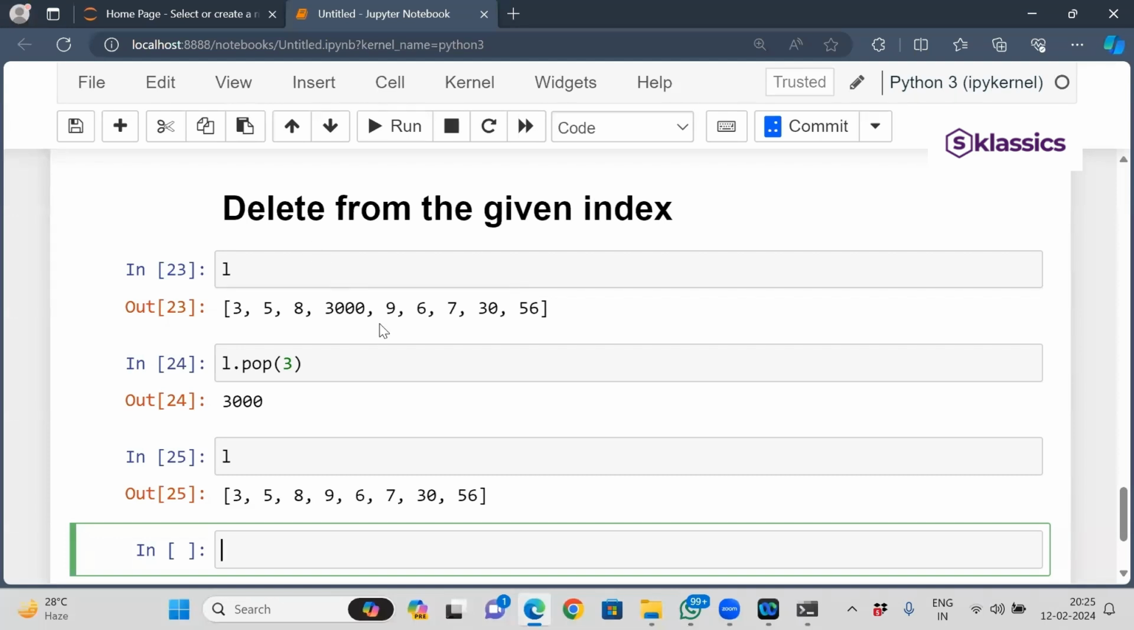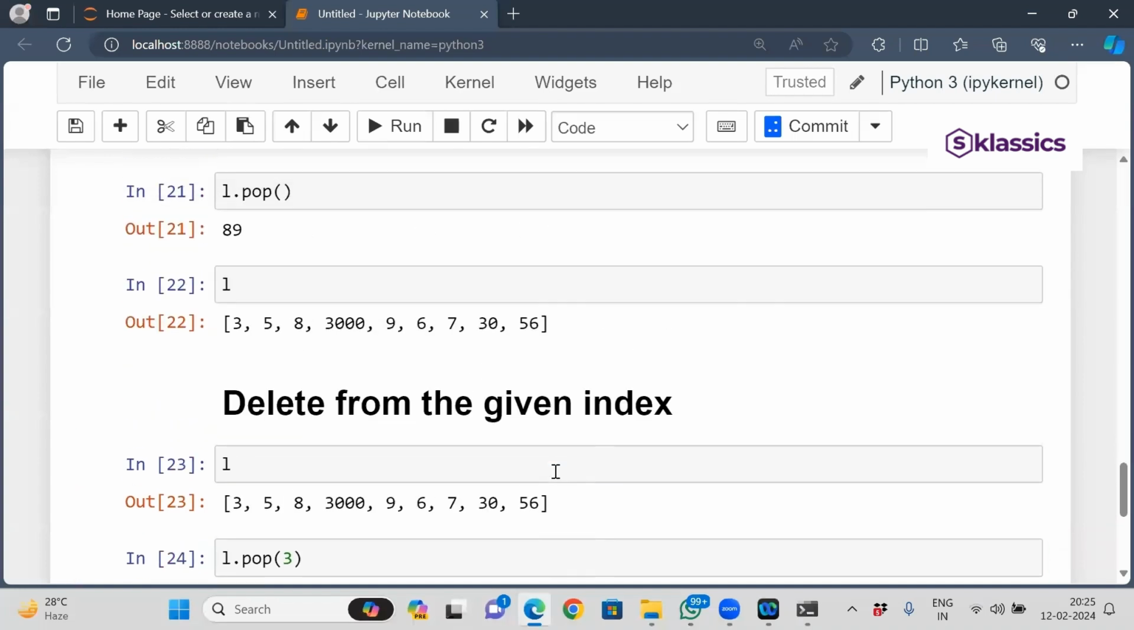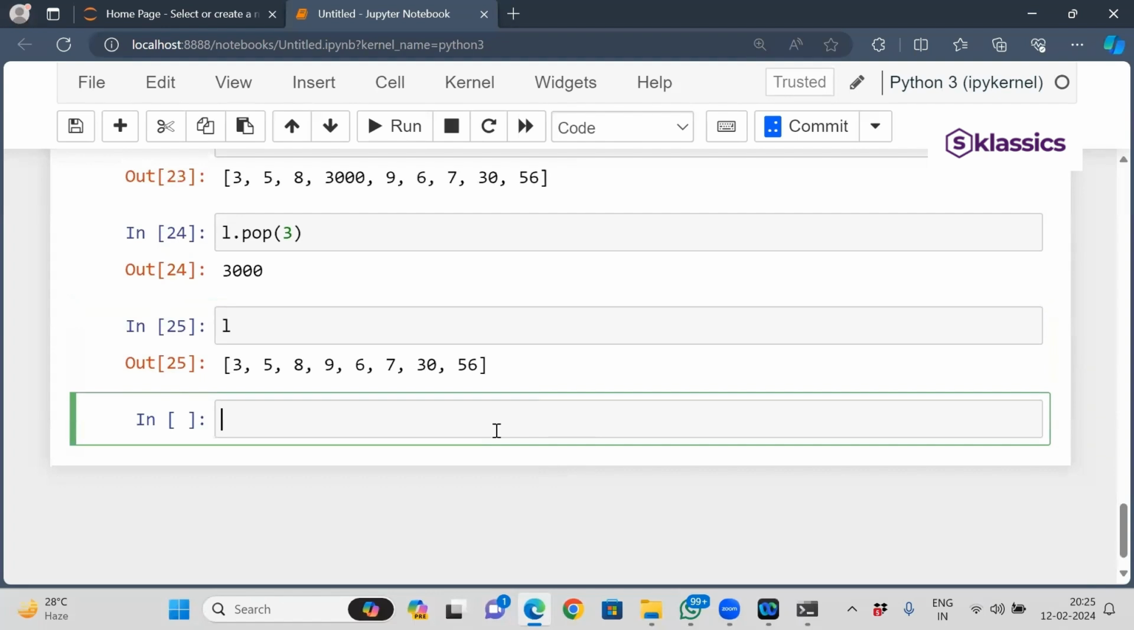So all these list operations you need to remember. It will help you if you are in BTech final year, if you follow all these things. Okay. Next,